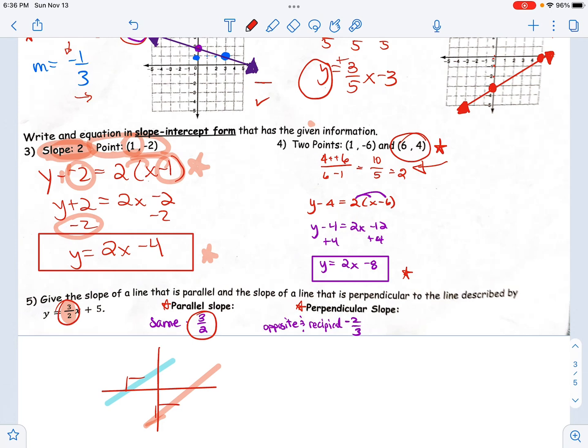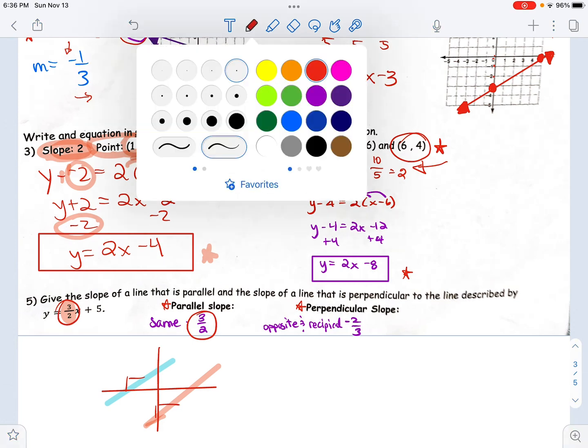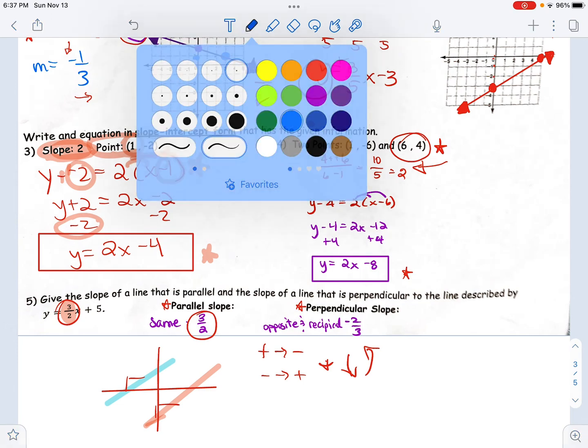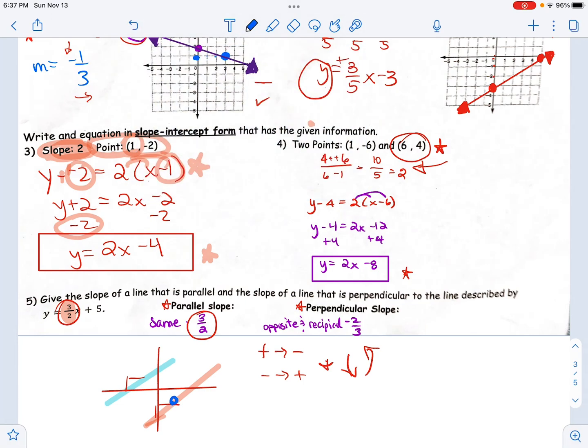So it's always the same slope. If I take that slope, though, and I do the opposite, so if I go from positive to negative, or from negative to positive, and then I also do the reciprocal, which means I flip it upside down, I get the opposite reciprocal slope. So if let's say I have this point right on here, and I choose to do the opposite slope, let's just say this was